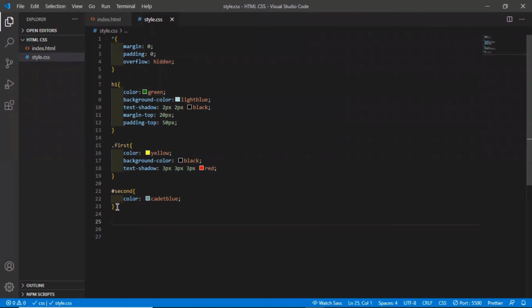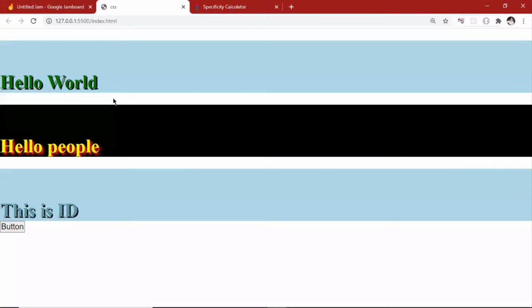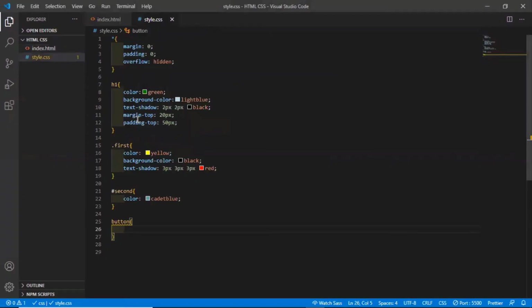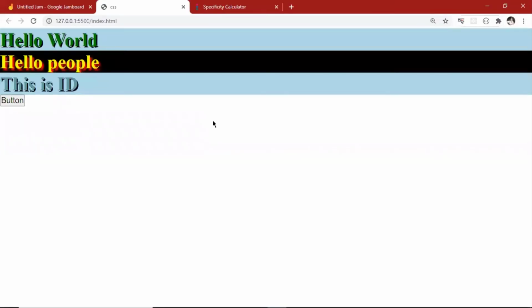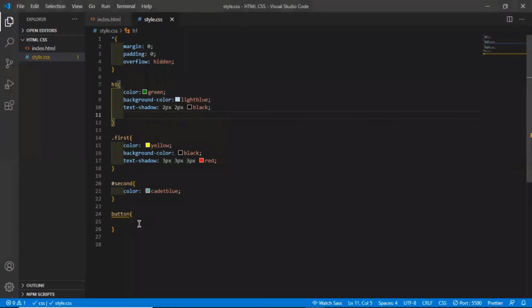So in order to select button, I will simply write button. Let me see if the button is there or not. Yes, it is there. So let me remove that.